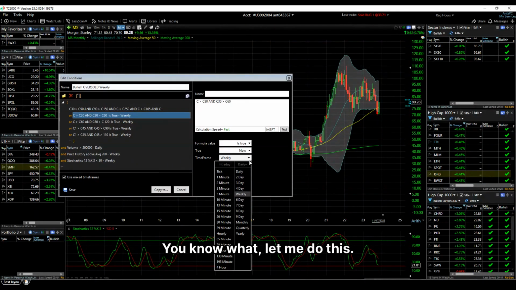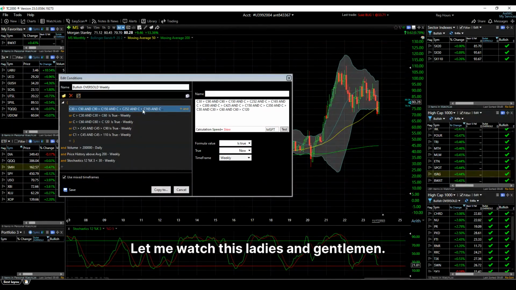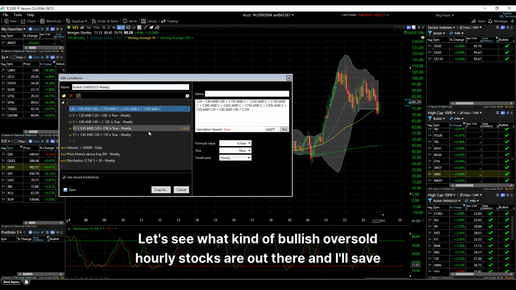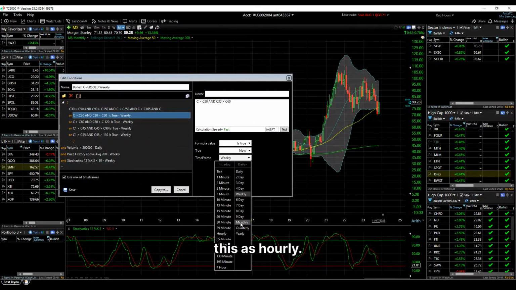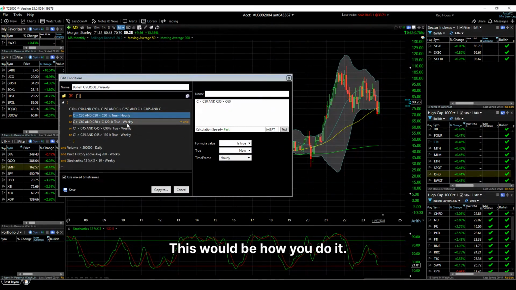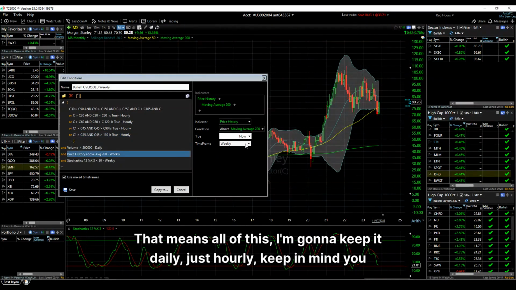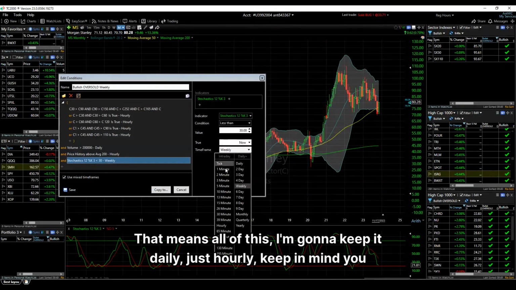You know what? Let me do this. Let me watch this, ladies and gentlemen. Let's change all these to hourly. Let's see what kind of bullish oversold hourly stocks are out there, and I'll save this as hourly. You want to make some daily swings? This would be how you do it. That means all of this is going to be, I'm going to keep the daily, just hourly. Keep in mind, you definitely got to